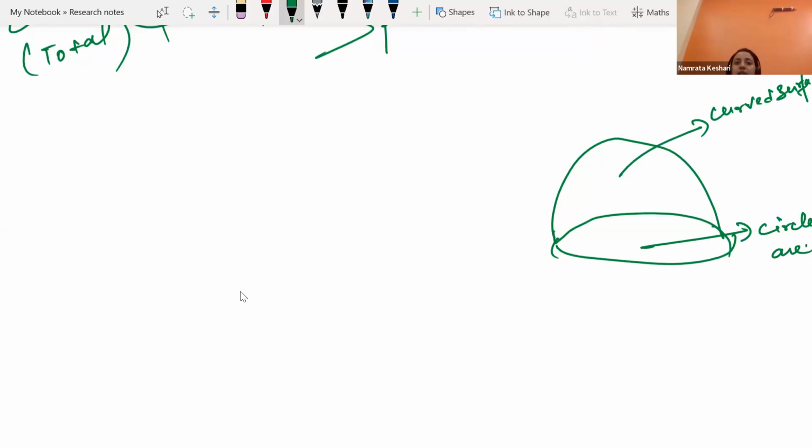So let's try writing the formula for the hemisphere. Hemisphere, curved surface area will be,